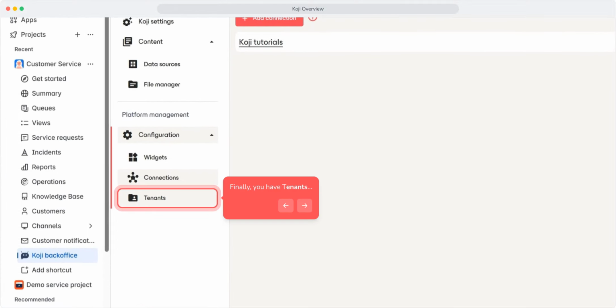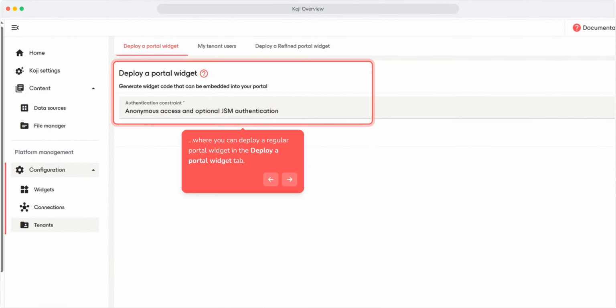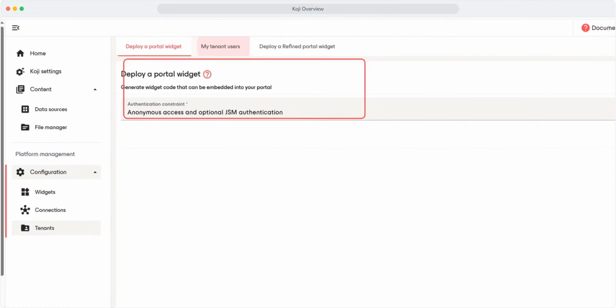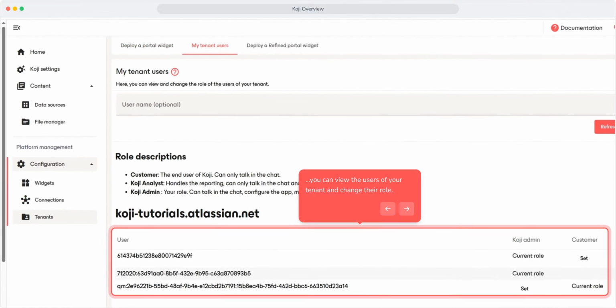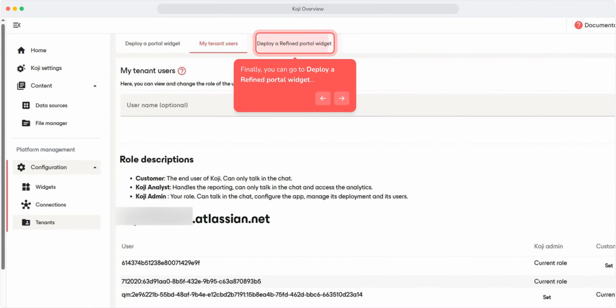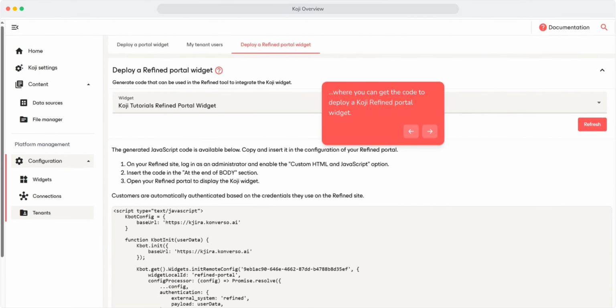Finally, you have Tenants, where you can deploy a regular portal widget in the Deploy a Portal Widget tab. By going to My Tenant Users, you can view the users of your tenant and change their role. Finally, you can go to Deploy a Refined Portal Widget, where you can get the code to deploy a Koji